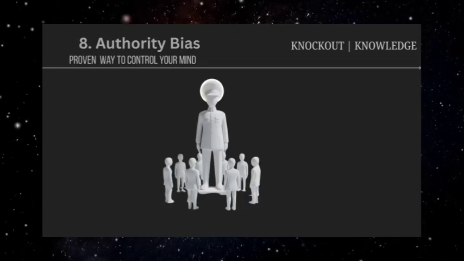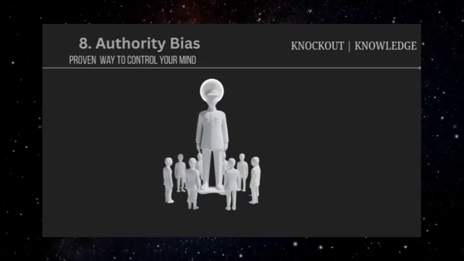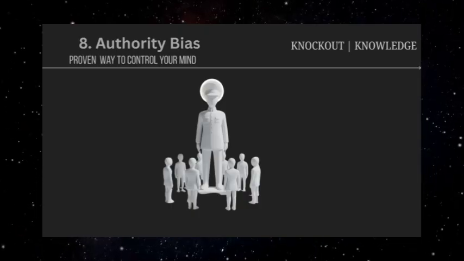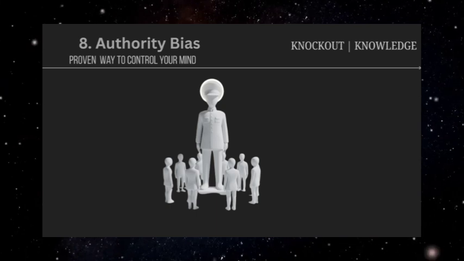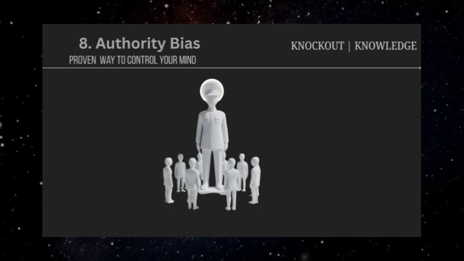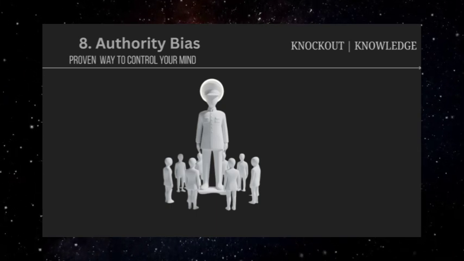Recognizing authority manipulation involves examining both the source and the content of information or requests. Real expertise usually comes with specific, verifiable credentials and a willingness to have claims examined and challenged. Manufactured authority often involves vague claims about experience, reluctance to provide specific evidence, and discouragement of independent verification.